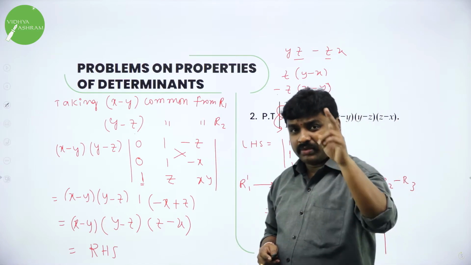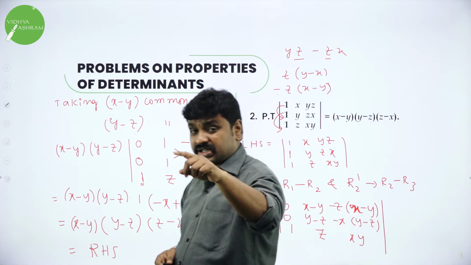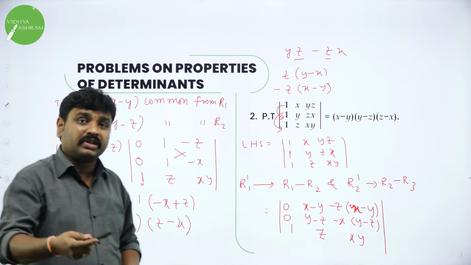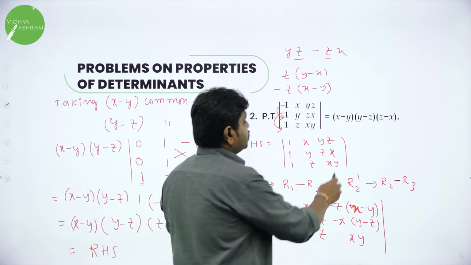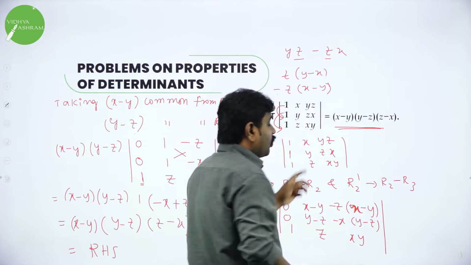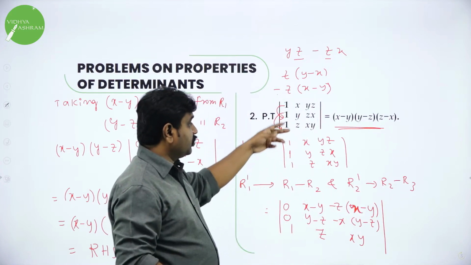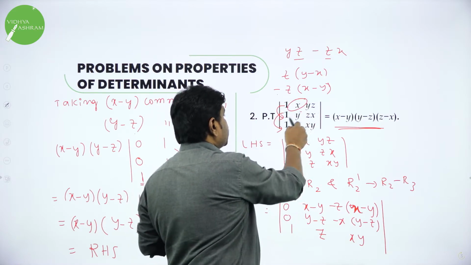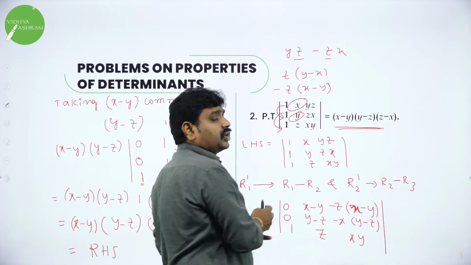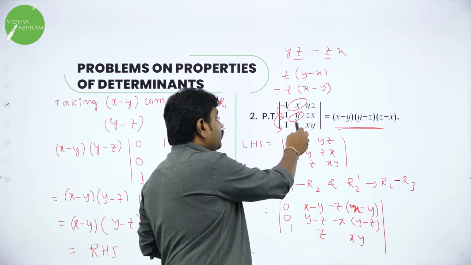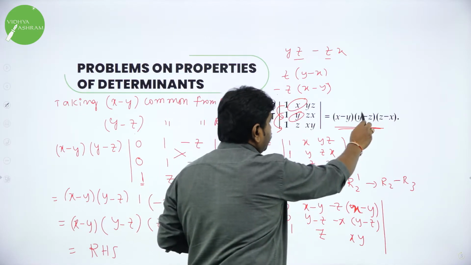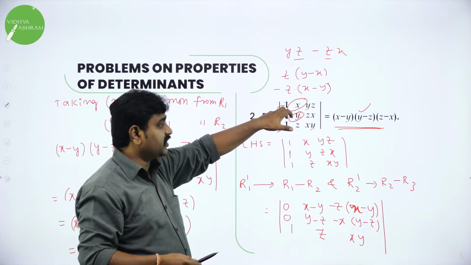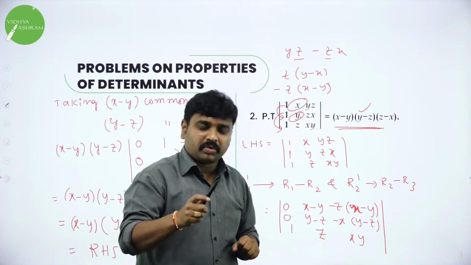Now we have done two problems. In the first problem we did C1 minus C2, C2 minus C3. In the second problem I am doing R1 minus R2, R2 minus R3, because it depends on the RHS. In the RHS, what they want and what transformation you do to get it, you have to observe. Here x was in the first row, y was in the second row, so that is why I performed R1 minus R2. Then next, y minus z, y minus z, so I should do R2 minus R3. The decision depends on the RHS and the arrangement of elements in the LHS. I hope all of you understood.